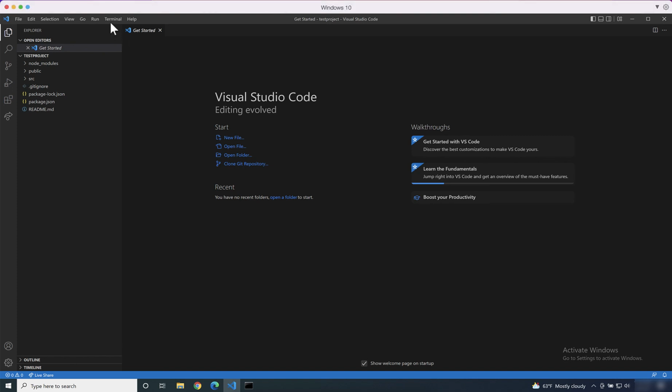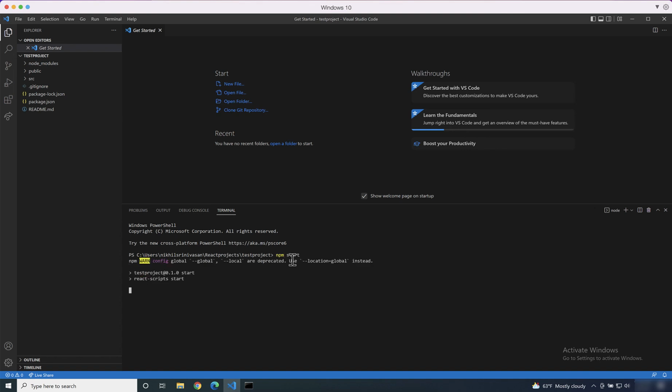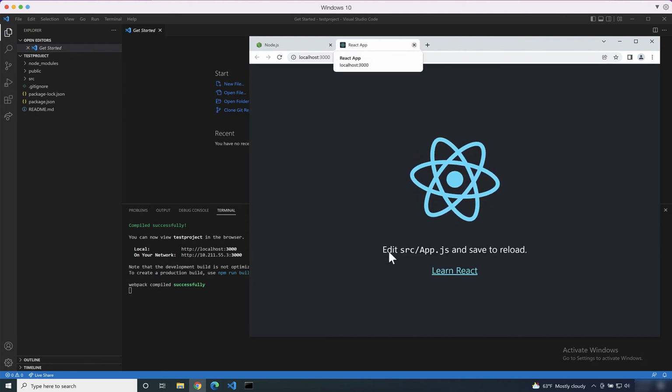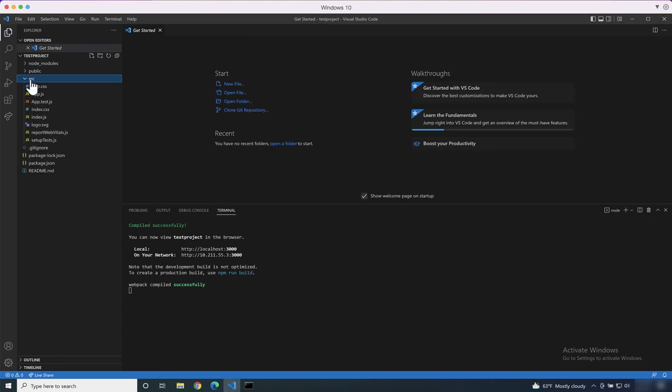So here's what we can do. We can pop open a new terminal at this very location, test project, and we can type in npm start to start up that server once again. There we go. We see the server once again. And as it says, if we edit the src app.js and save to reload, we might see something new displayed here. So we go to the src folder, we take a look at the file app.js,